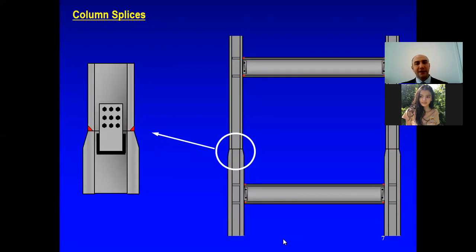Next one, the column splices. Column-to-column connection is usually determined by the change in section. In general, the change is made at every second floor level, where a shop or field splice is located. This is from an erection viewpoint, as well as fabrication and shipment. Splices at every third floor may be more economical, maybe more efficient,